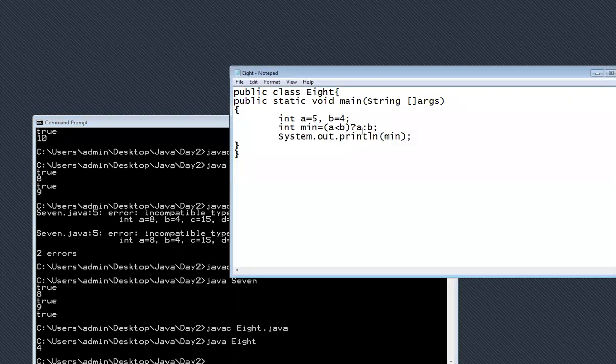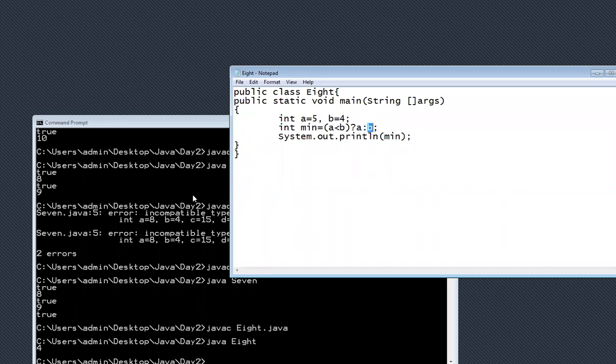Whatever is present in the second location gets printed, because this condition is false. As I have said, if the condition is true, it goes to the first part after the question mark. If the condition is false, it goes to the last part.